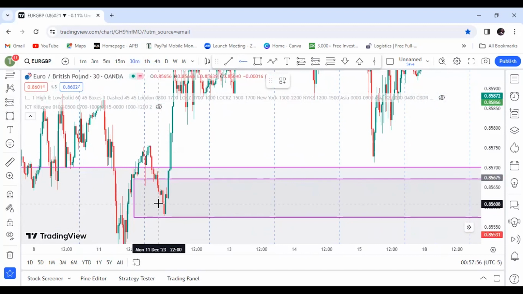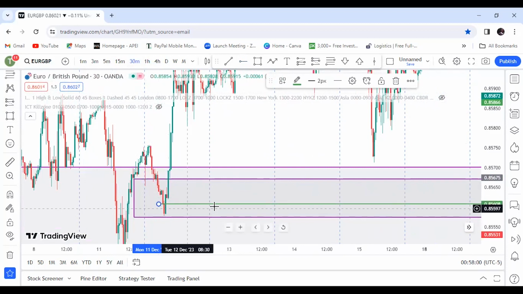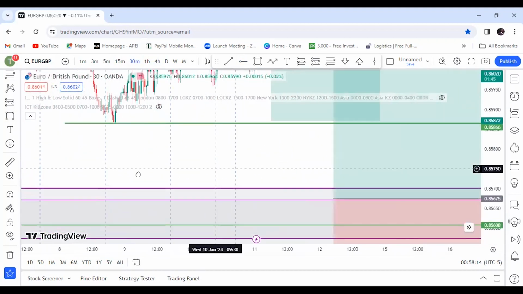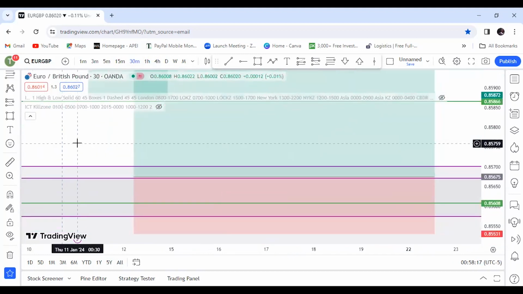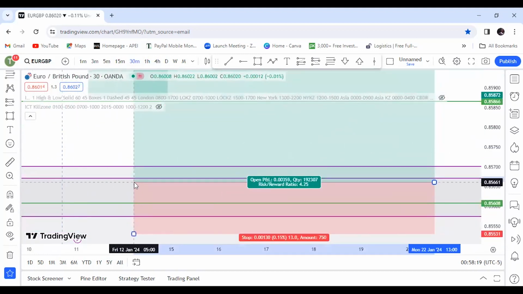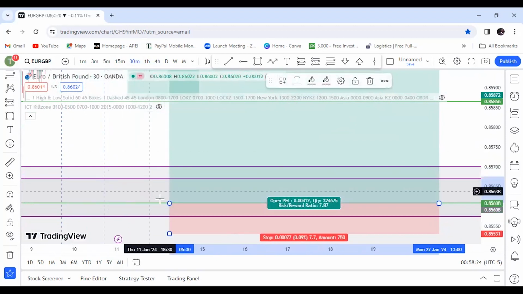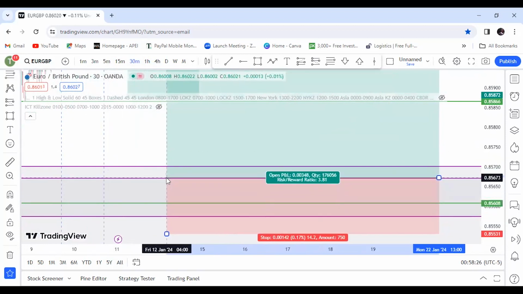Okay, so from that level, from the 30 minutes time frame, we can anticipate maybe the market even to push all the way downwards to this particular level, because this is where we have an order block or a demand zone. Because this demand zone is what led to the breakout of structure, and you can see consecutive buy candles erupting from that particular level. So if we go back to our entry here, we can now narrow down the risk and ensure that we have a high probability entry. So from this level, if you are taking a trade from that level, remember the risk to reward ratio is